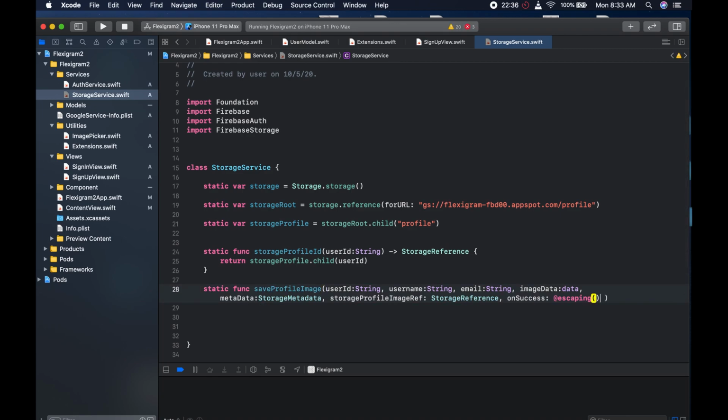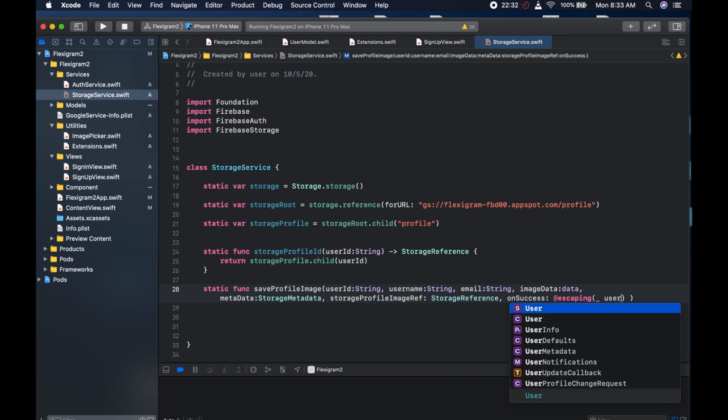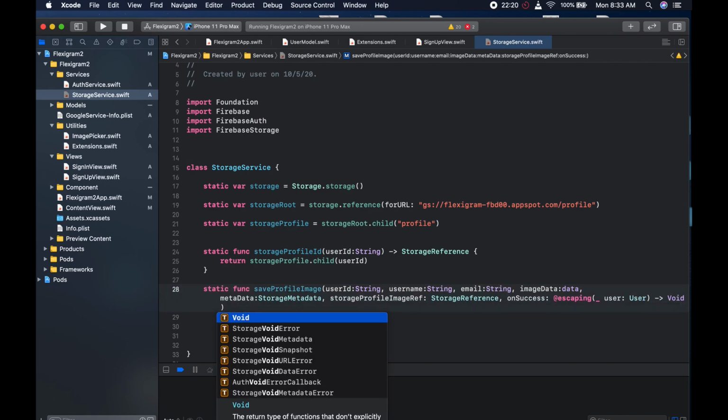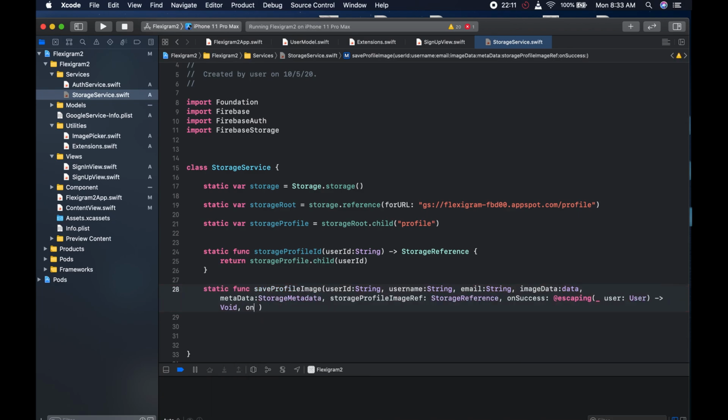Okay, let me put this here, escaping like so, and this is going to be user of type user. We're going to end up with a user, and it's going to return nothing. Let's just say void like so. And after void, and on error we're going to have